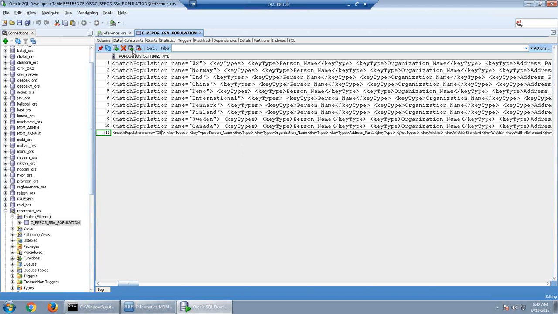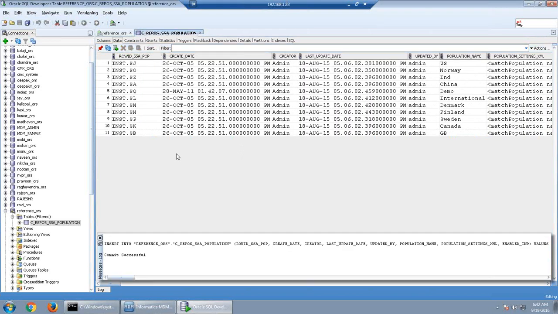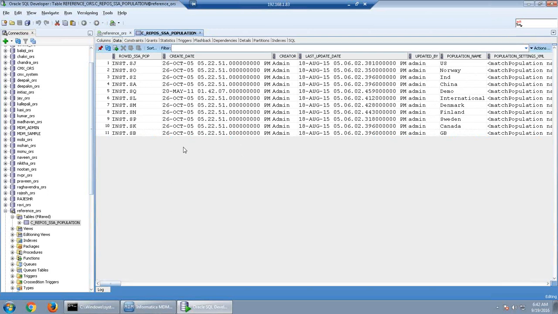Like this you can add multiple populations which are not listed, because only 6 or 7 populations are listed here. If the company is dealing with a population which is not listed, we can add an entry here manually. We just need to know the population name, and then I will come and update it here.